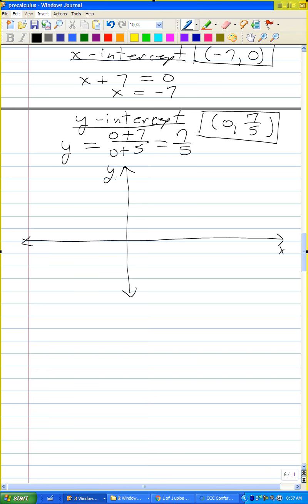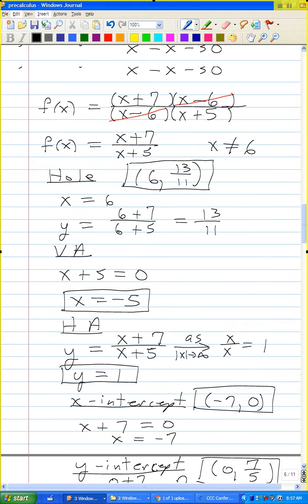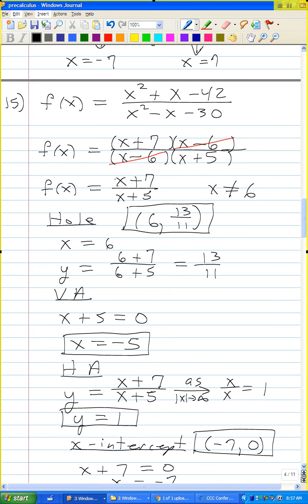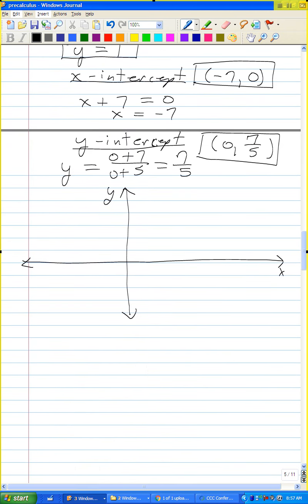Okay, so let's see if I can remember everything. So that's 6 and 7. So it's again pretty big. 1, 2, 3, 4, 7, 8, 9, 10. Be sure that you try to make these tick marks relatively the same size, both on the x and y axis. Okay, so